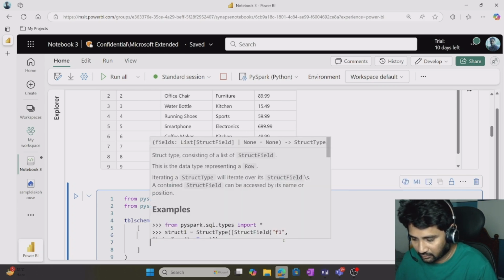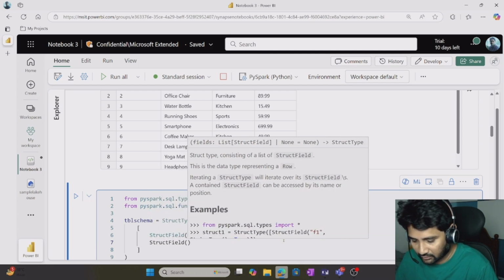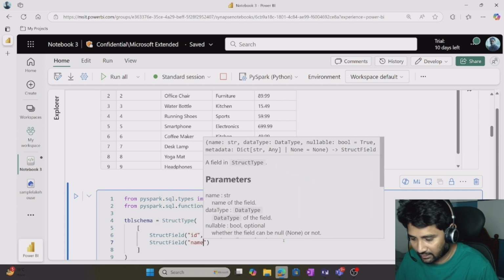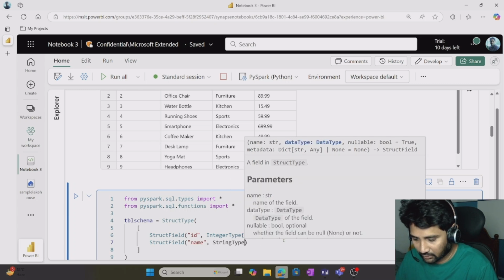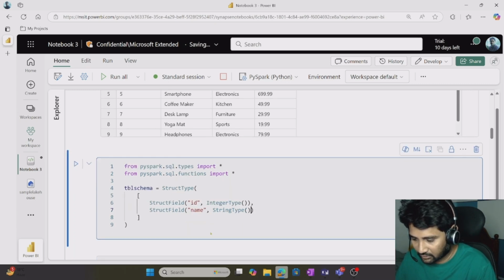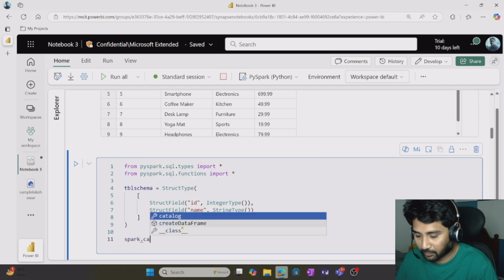Then once again structure type, sorry, structure field. Then this time maybe I want to name it like a name column. Then this may be string type, right? So I can do that. So once I have this table schema, now I can try to create an empty table using Spark dot catalog